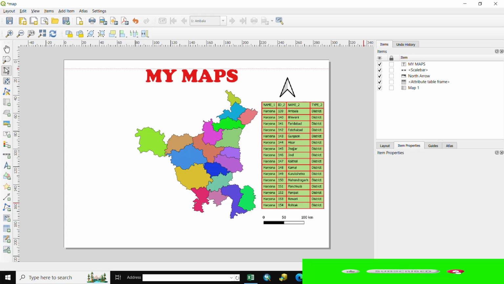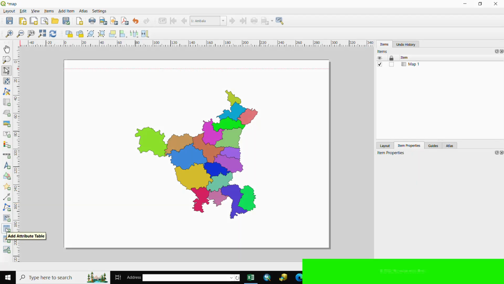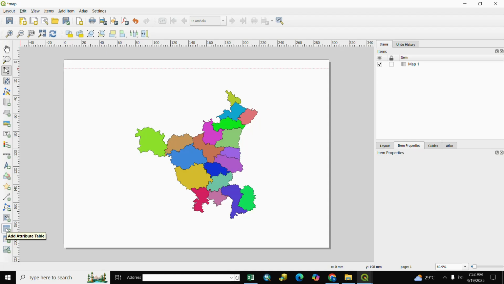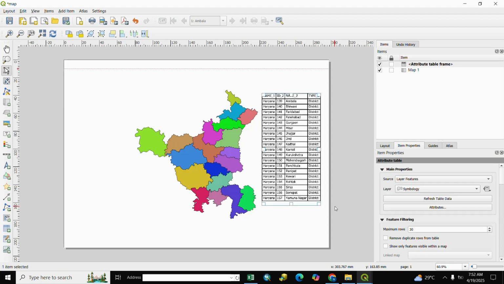So let's start. Here is our add attribute table symbol. We select it, drag from the first corner to the last corner, and double click. Our attribute table is here. You see here, and if you want to change it, you go to item property, and if you want to